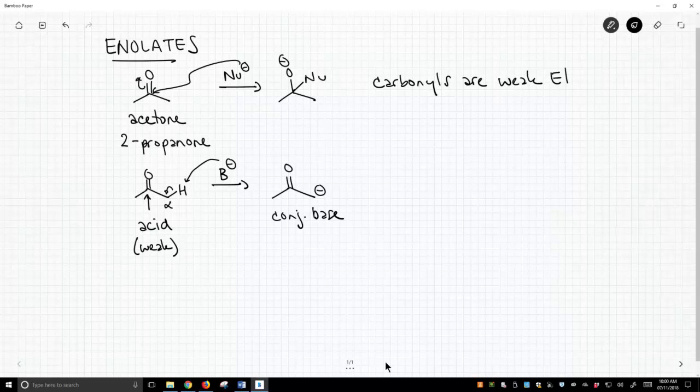And this conjugate base looks bad to me because where's the anion? Well, it's on a carbon. And we know carbon's not very electronegative, therefore carbon is not very stable when it bears a negative charge. So we think this would be a really strong base. It's a pretty strong base, but it's not as strong as we would expect because of resonance that we can draw. We can delocalize that negative charge